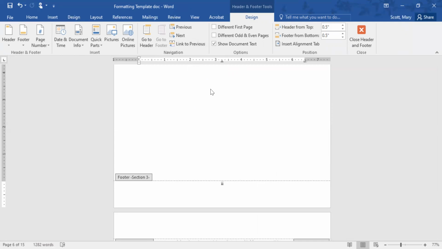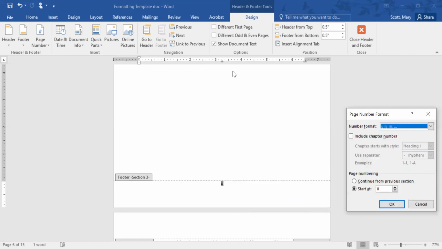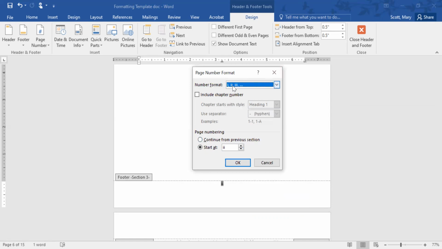So now that you have deselected that, highlight Chapter 1's Roman numeral numbers, and then right-click. Choose Format Page Numbers from the menu that appears. Now we have the page number format dialog box. Under the number format drop-down menu, choose the Arabic numerals, and then choose, since this is the first page of your document, that the page numbering should start at